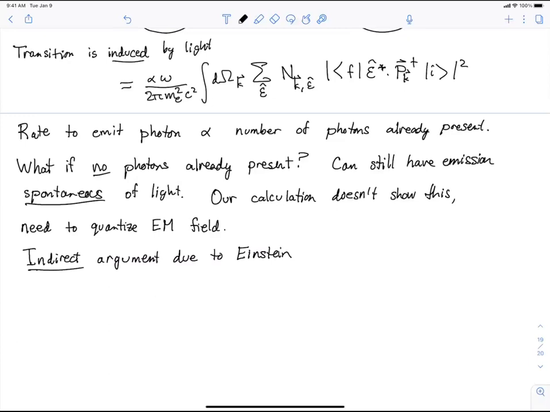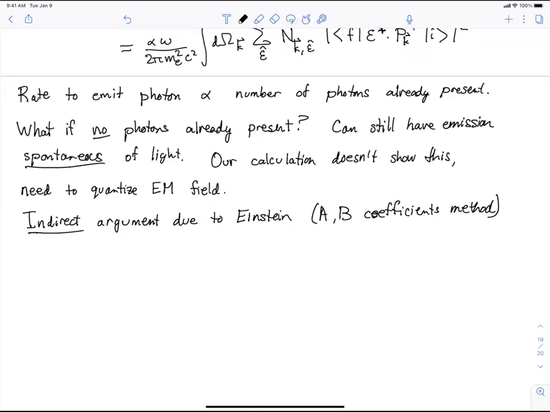So it's very indirect, and yet it's going to give us the right answer. And this is known as Einstein's A and B coefficients method. And it relies on, of all things, statistical mechanics. Okay, so just to say what the goal is before we launch into it, our goal is to find the